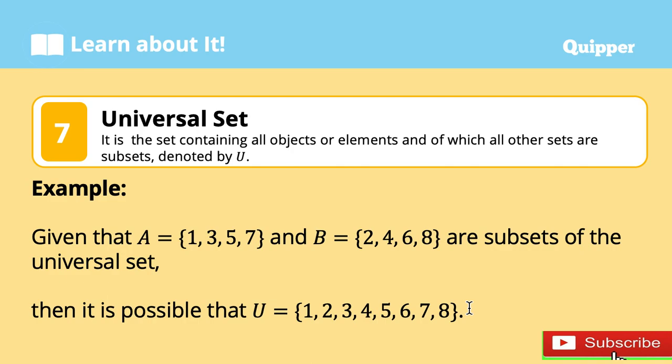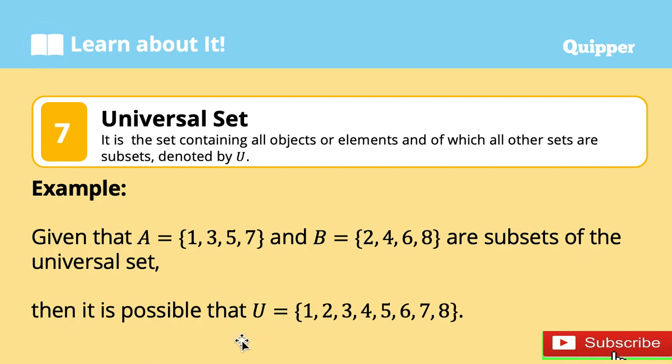Next, we have the universal set. It is the set containing all objects or elements, of which all other sets are subsets. This is denoted by the symbol U. For example, given that A is equal to {1, 3, 5, 7} and set B is equal to {2, 4, 6, 8} are subsets of the universal set,